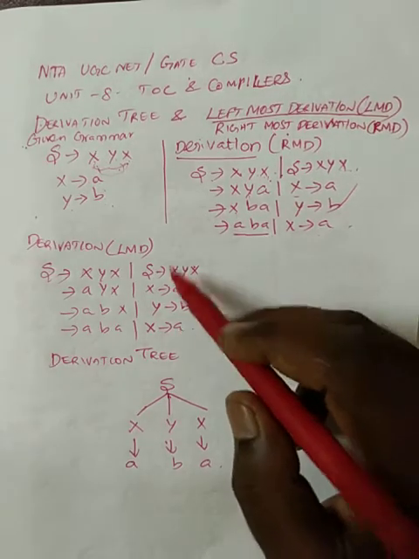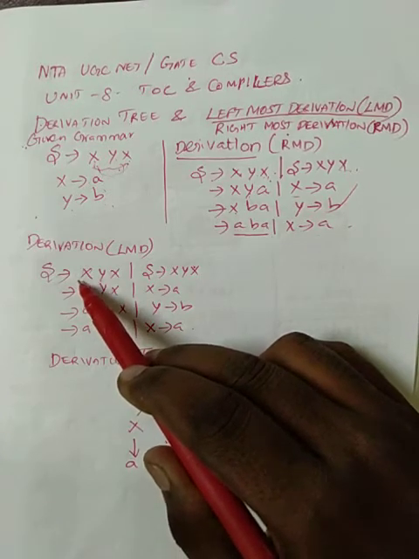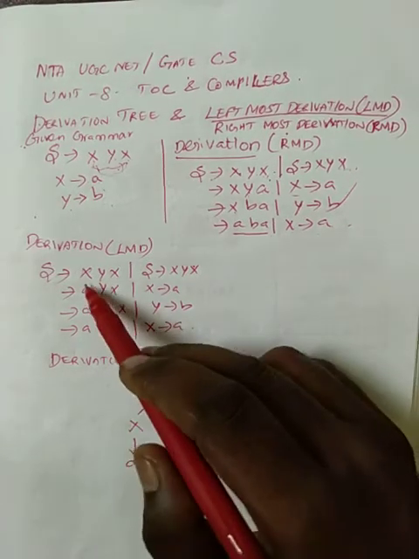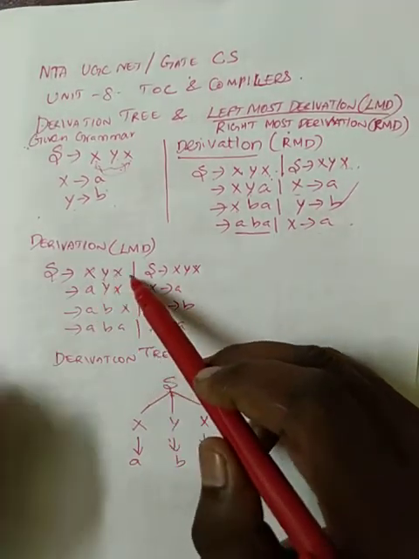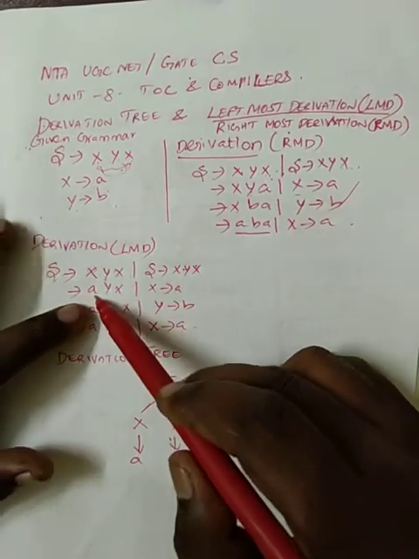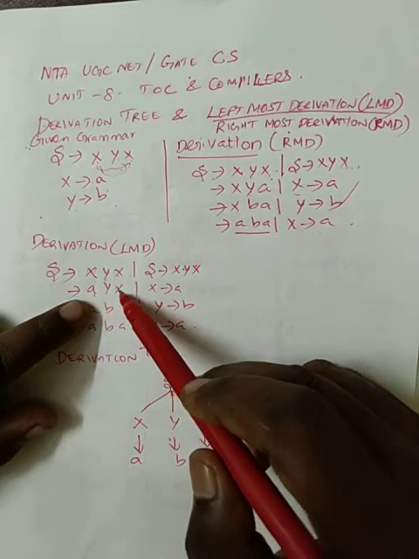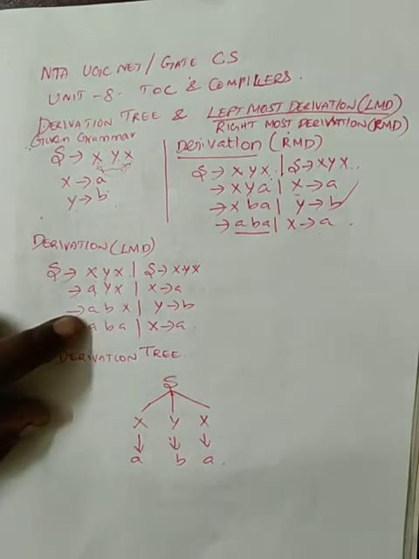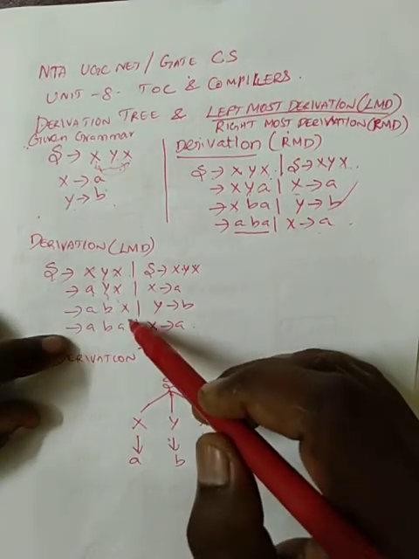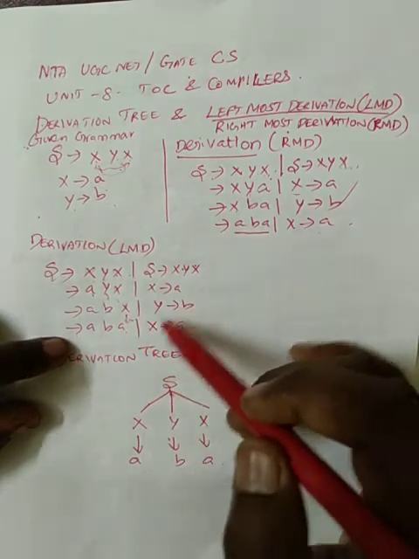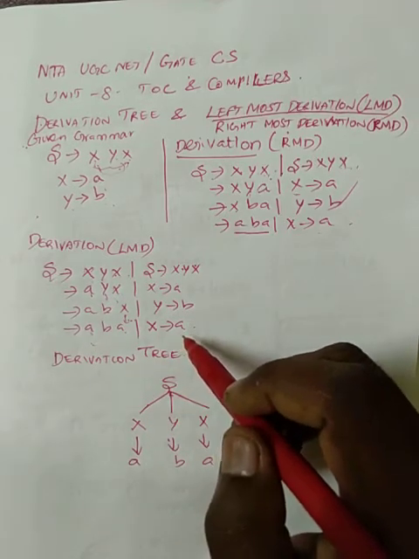How to achieve leftmost derivation? This is also very simple. First you want to replace non-terminals from left to right, then it is leftmost derivation. Here I did S tends to XYX, and used the handle. Then for this X, I replace it with the small a first, then capital Y and X are as they are. Then in the further step, this capital Y is replaced with b, and after that this capital X is replaced with a, and I performed it left to right. So it is leftmost derivation.